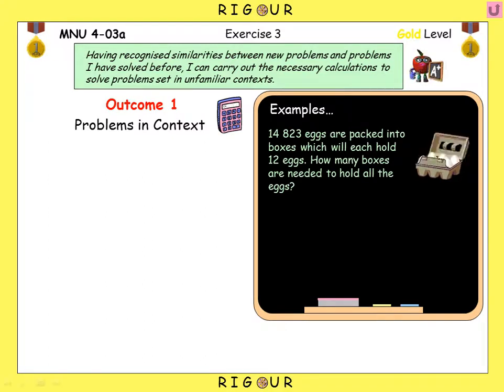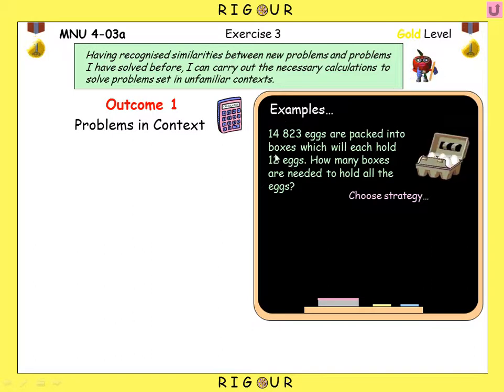14,823 eggs are packed into boxes which will each hold 12 eggs. How many boxes are needed to hold all the eggs? So like before, we've got to choose our strategy. So we're basically trying to split